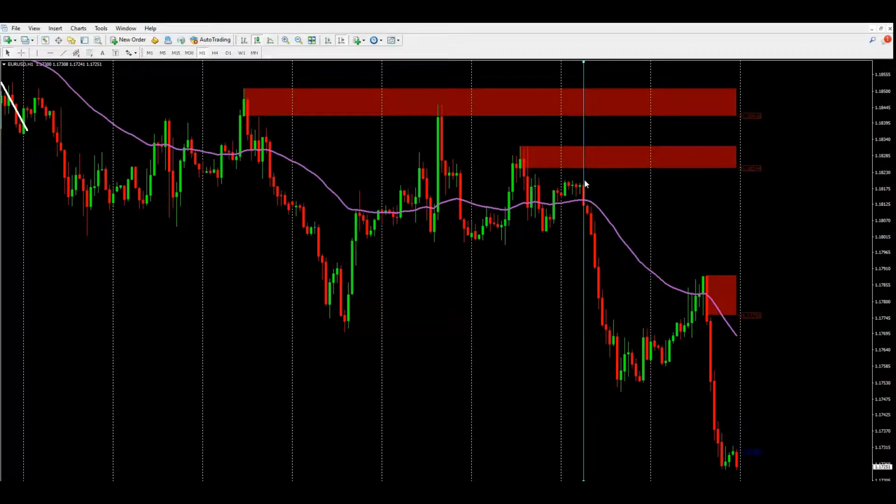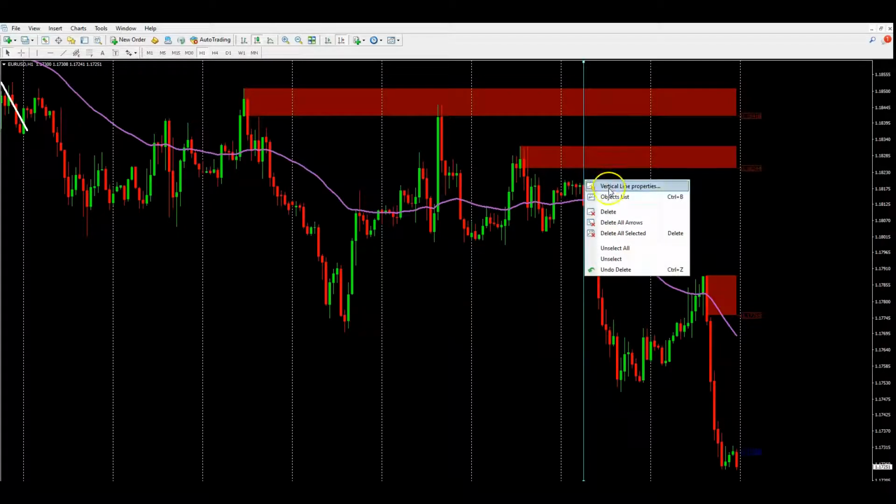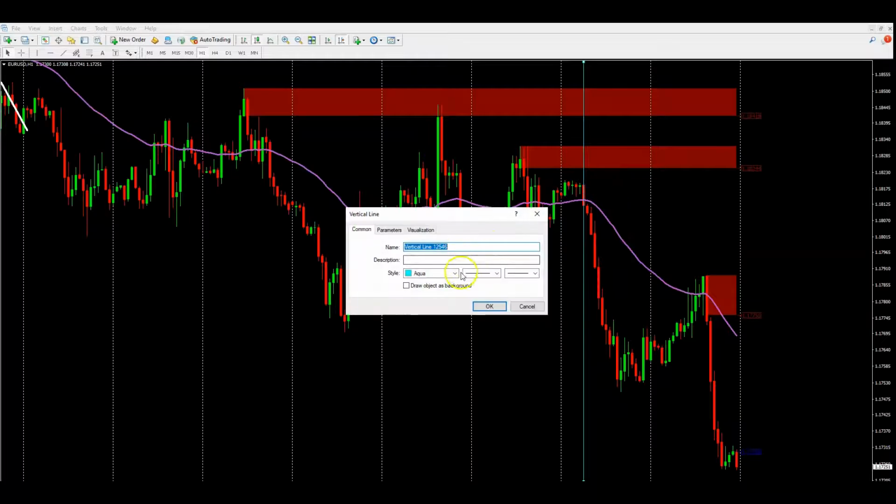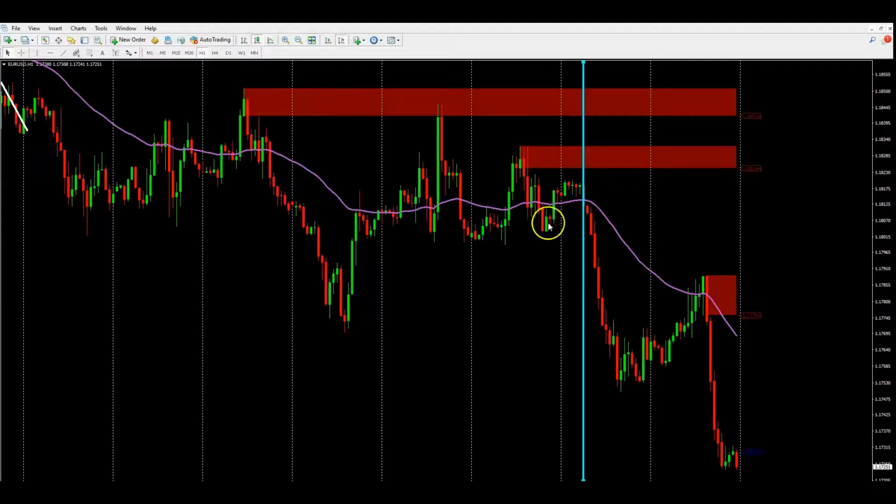Let me see if I can make that big, because I'm going to have to find it when I go down to a different level. Okay, you see this? I have this vertical line on an engulfing pattern on a 1 hour chart. Let me tell you why this will be sweet for scalpers. Mind you, for scalping, I don't do the 1 minute, but if I was to do the 5 minute,